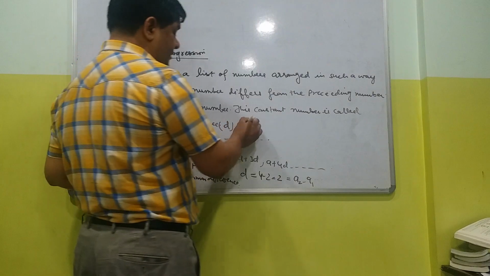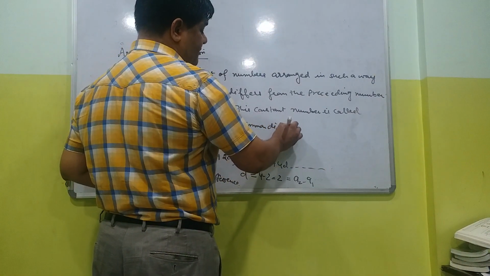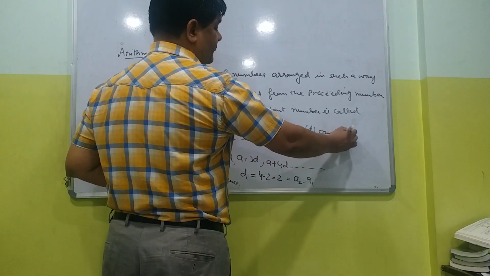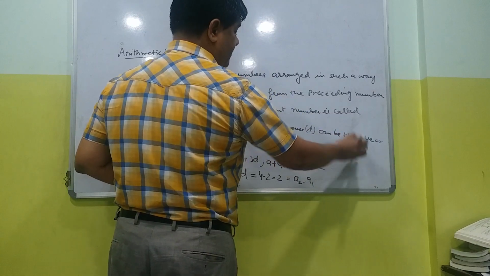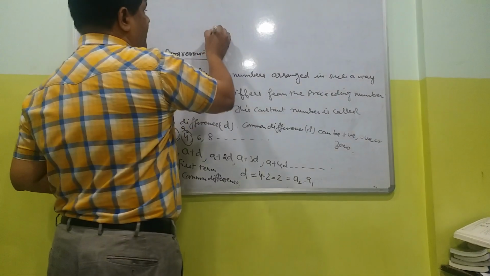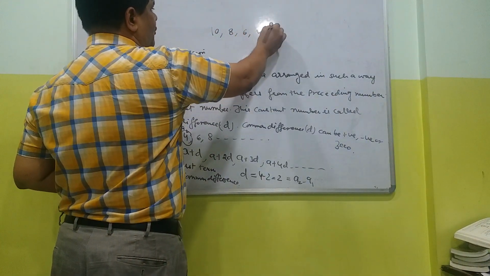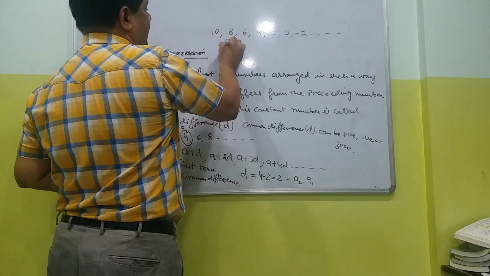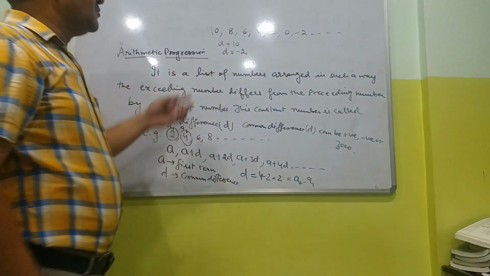Now keep in mind, common difference can be positive, negative or 0. D can be positive, negative or 0. कुछ भी हो सकता है. जो common difference है कुछ भी हो सकता है, जरूरी नहीं है सीरीज इंक्रीजिंग ऑर्डर में हो. ऐसे भी तो हो सकती है 10, 8, 6, 4, 2, 0, -2 लाइक दिस. सो a 10 हो गया, d यहाँ पे -2 हो गया, तो नेगेटिव आ गया.